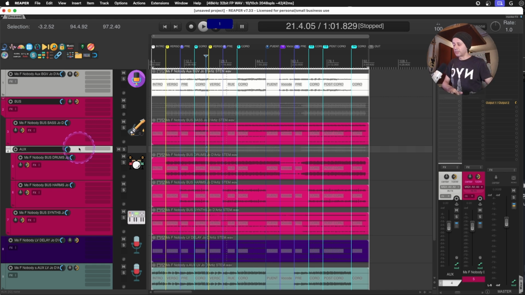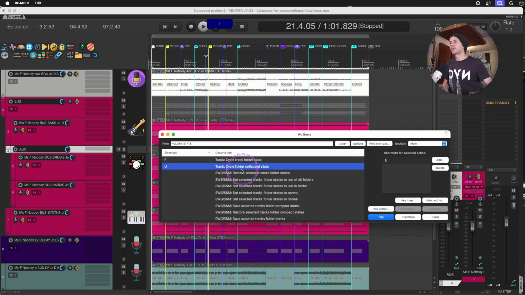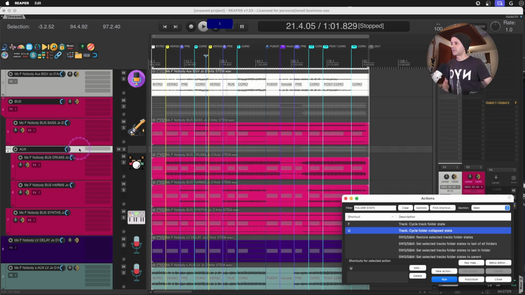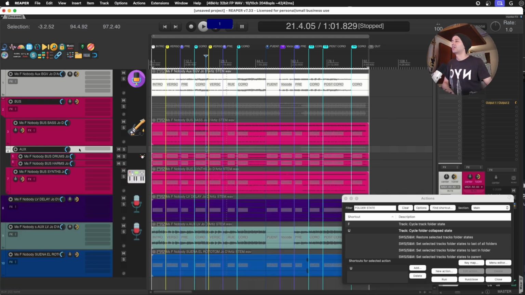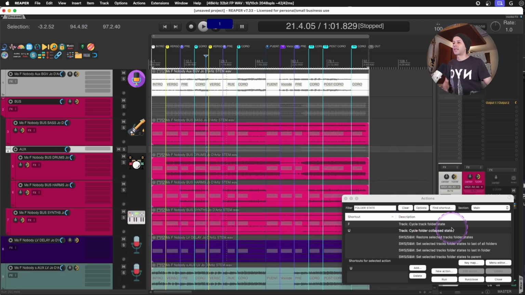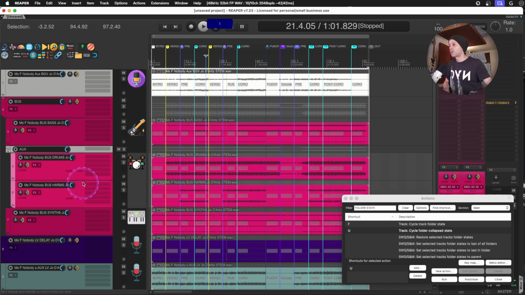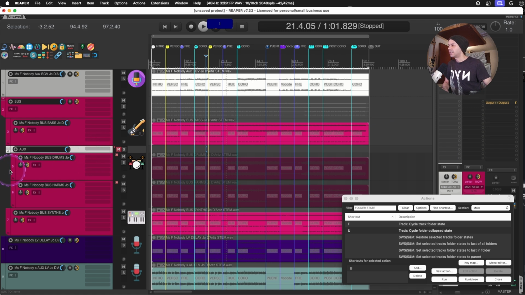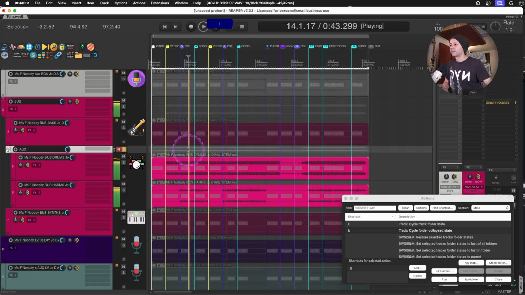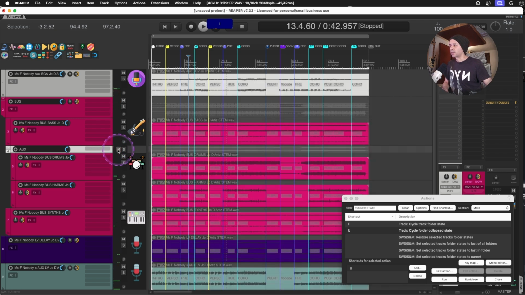So the thing is that Reaper lets you cycle through folder collapse state. These actions let you make it super small so you don't look at them anymore on the arrange control panel. The F that I have here, cycle through track folders, is so you can instantly fold them and make them part of a previous track. This works well because it's also routed instantly through this track. That way, if I mute my auxiliary, tracks 5 and 6 won't play anymore. I would have to solo it, and now I have sound coming from it. Otherwise,